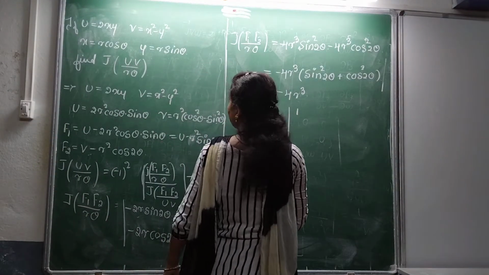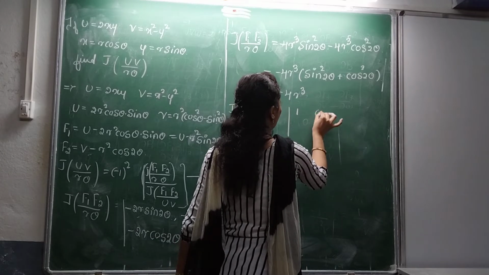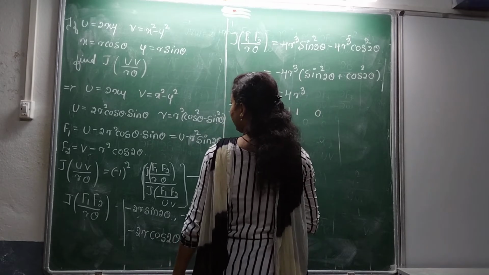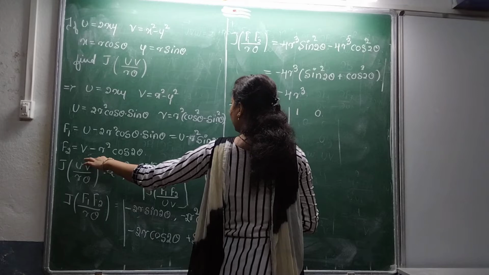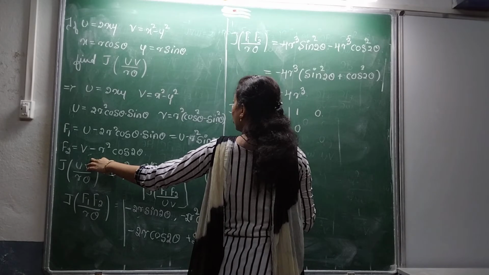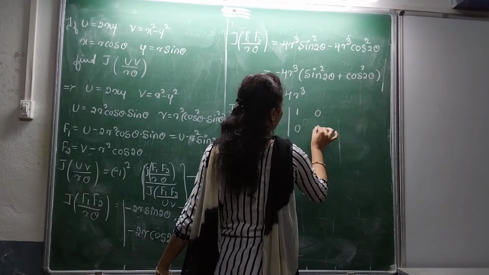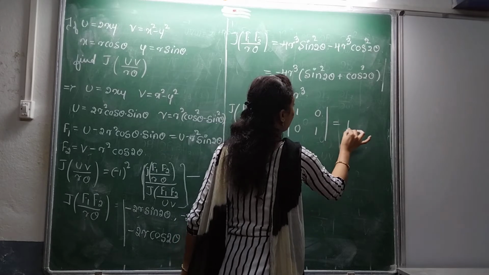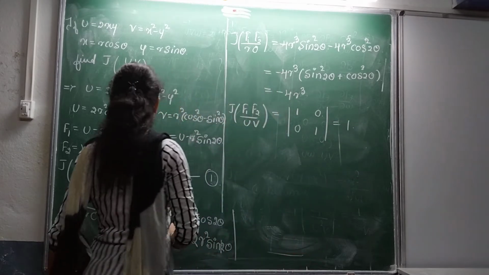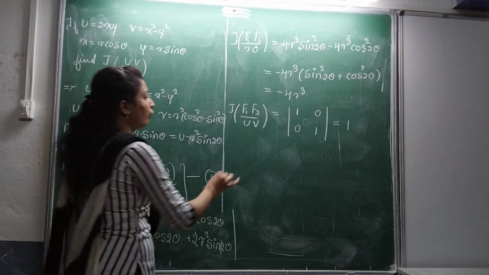∂f1/∂v: no v terms in f1. Next, ∂f2/∂u is 0. ∂f2/∂v is 1. So the determinant value is 1. Therefore equation 1 becomes